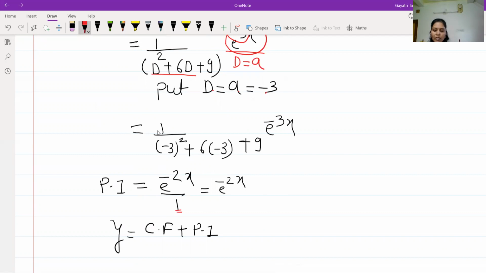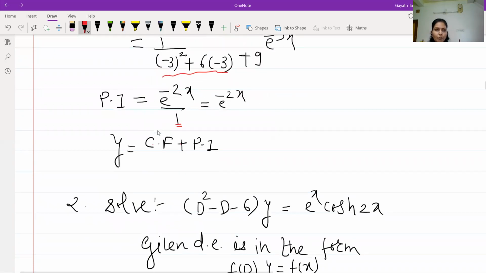आणि एक गोष्ट नेहमी लक्षात ठेवायची, आपला पीआय कम्प्लीट केव्हा होतो? जेव्हा प्रॉब्लेम मधले सगळेचे सगळे D निघून जाईल तेव्हाच आपला पीआय कम्प्लीट होतो. Then what you have to say at the last? Y is equals to CF plus PI. So what we have to do? We have to put here. असं लिहून सोडायचं नाहीये. We have to put the value of the CF plus value of the PI. या complete step ला 1 marks आहेत. ठीक आहे? Now consider the next problem.